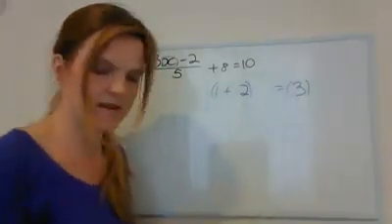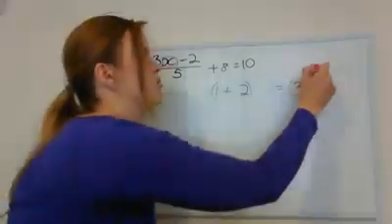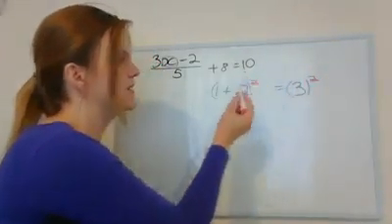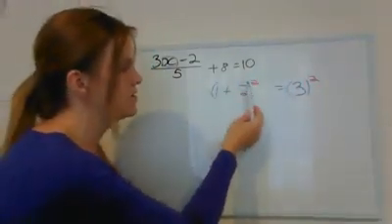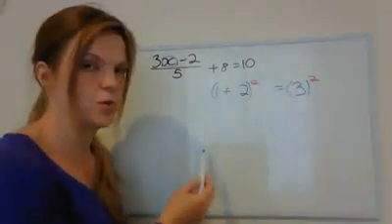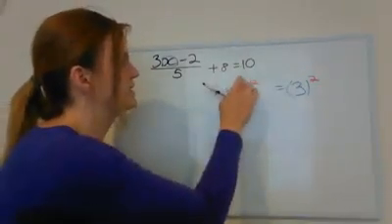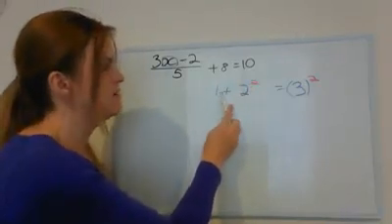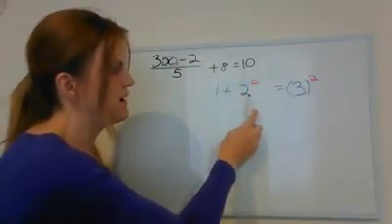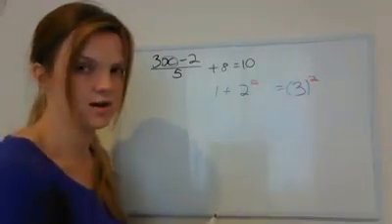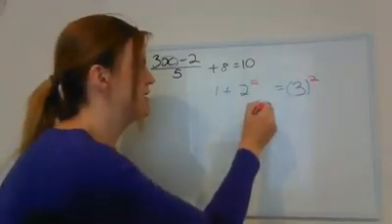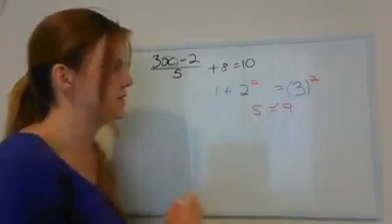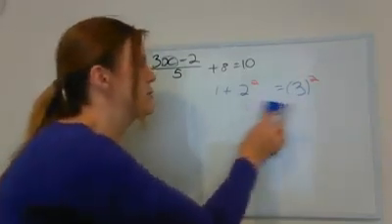Now a quick look at that. If I was to go and square 3, I would also have to square this side. And again, as long as I keep it in brackets, it should work. If I didn't have brackets, can you see that only the 2 would get squared? So that would be 1 plus 4, which is 5, which is not equal to 9. Because this would make 5, this would make 9, that's not equal. So again, it's important that we consider